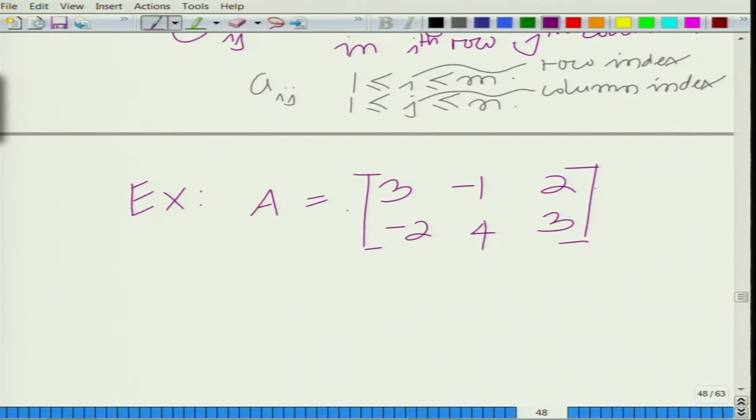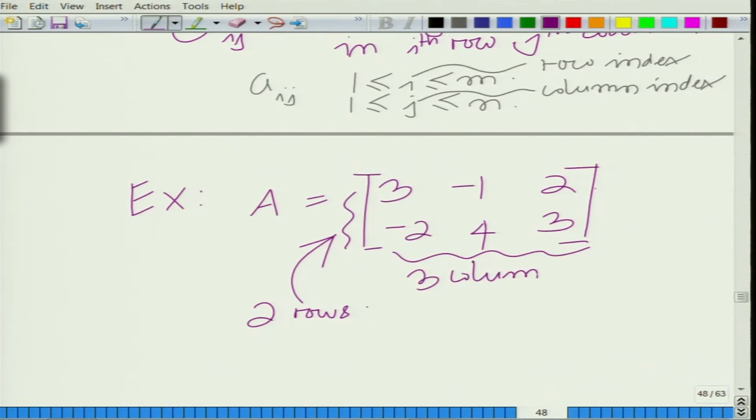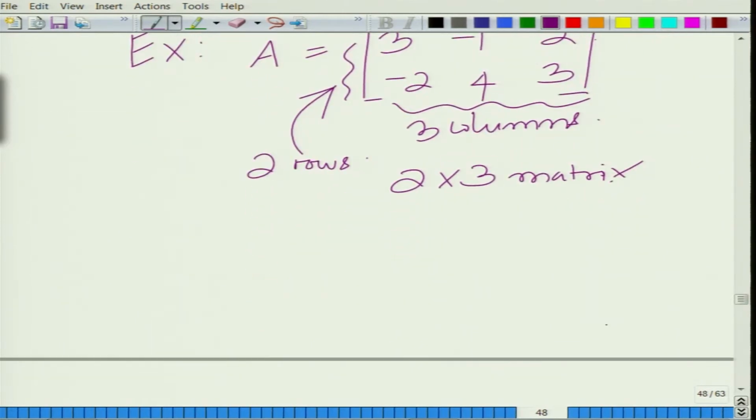So this naturally has 2 rows and 3 columns, so this is a 2 cross 3 matrix, right. And if you look at the entry A22, that is second row second column, this is equal to 4, and A23, second row third column, that entry is 3, and so on and so forth,